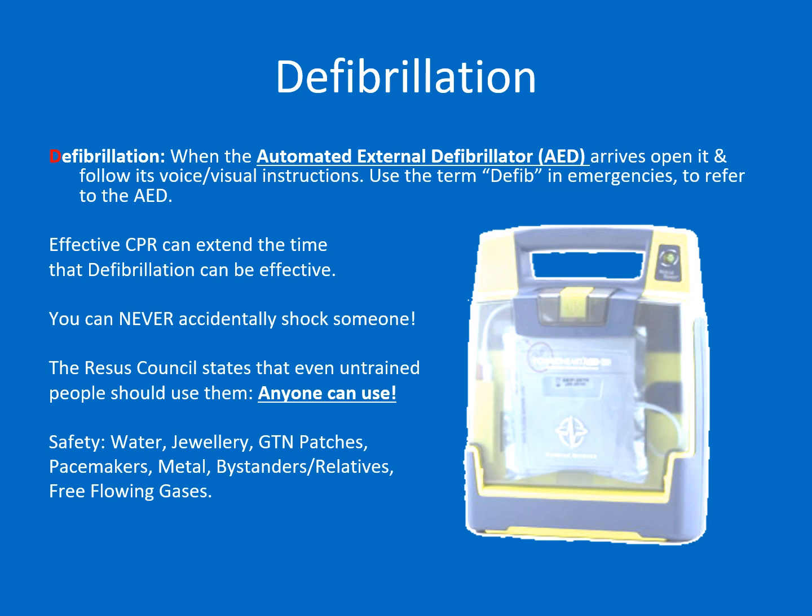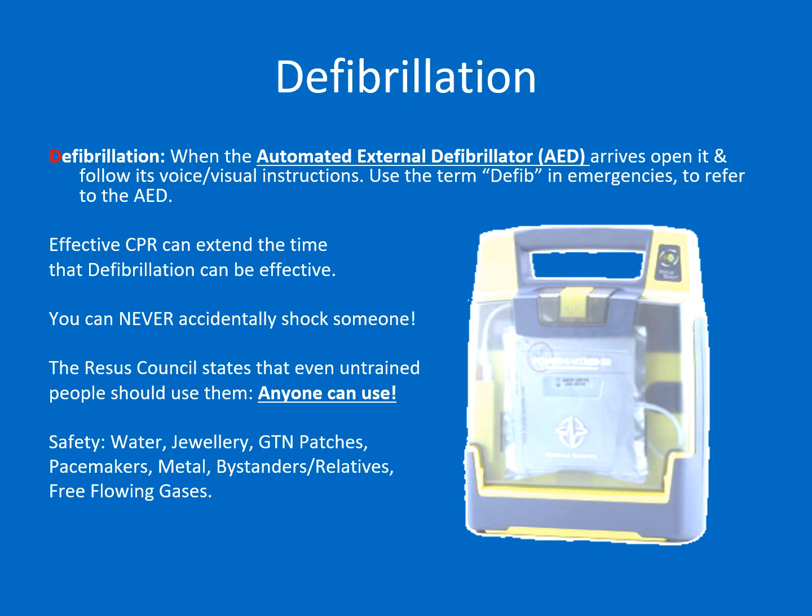There's a few safety concerns. If there's any GTN patches, remove them from the body. The pacemakers, they'll always be put on the left now, so this may not be relevant anymore, but you just don't want the pad being on the pacemaker because it's metal. You want to remove any jewelry from the casualty's chest, turn off any oxygen. Water, you can remove them from the wet surface, remove them from the metal surface,